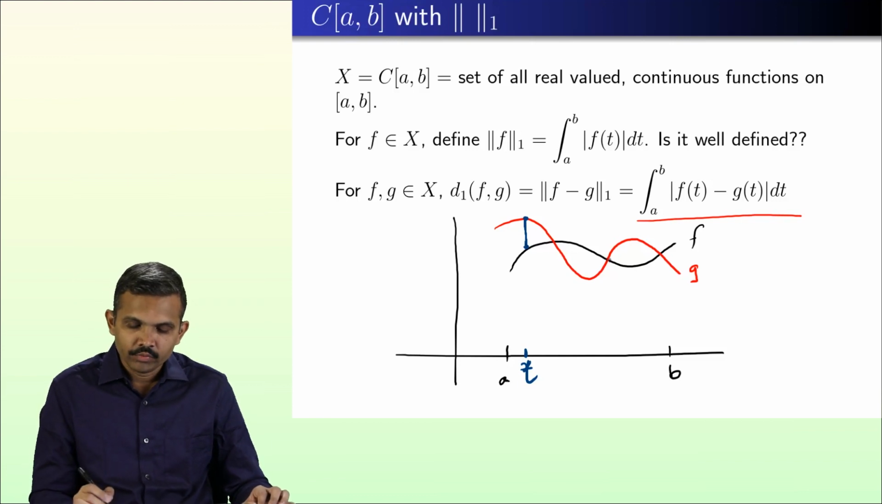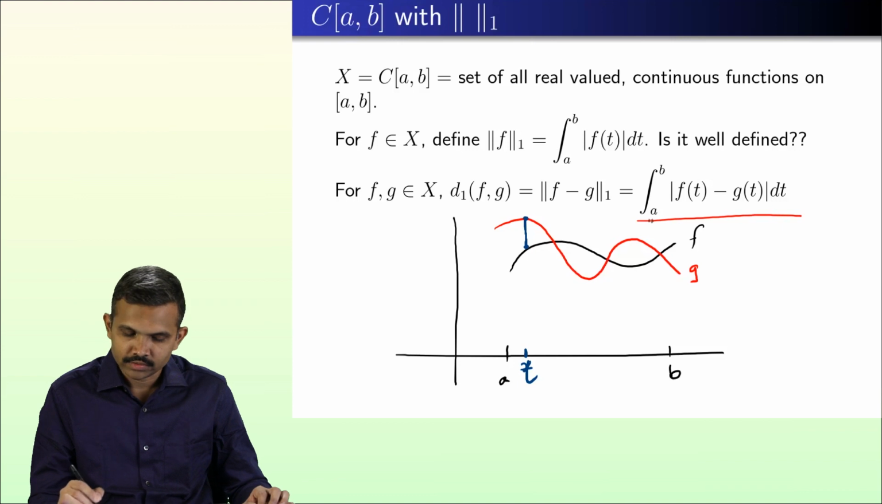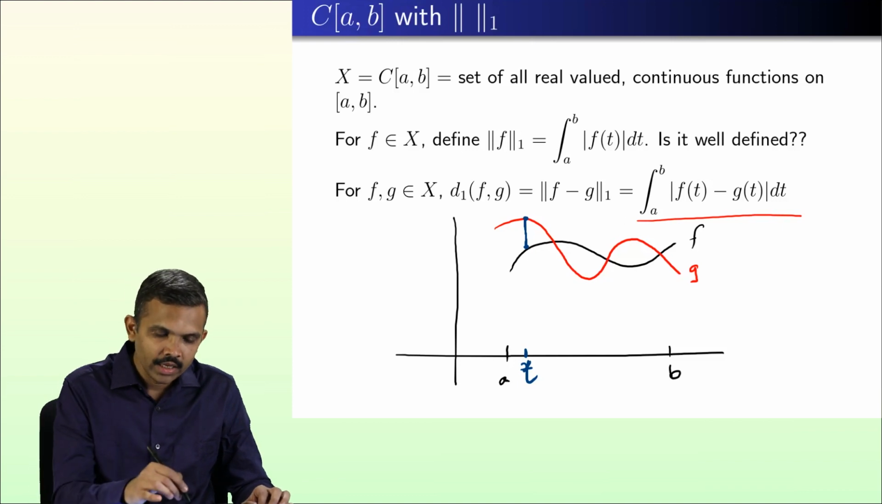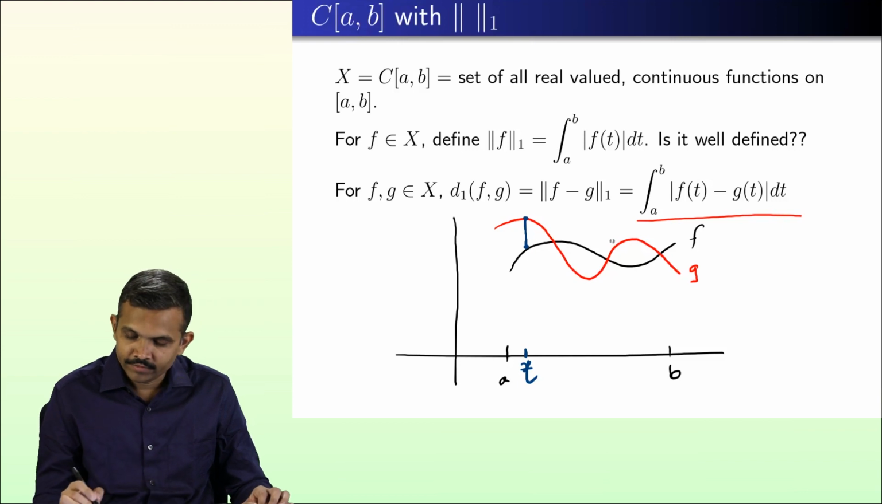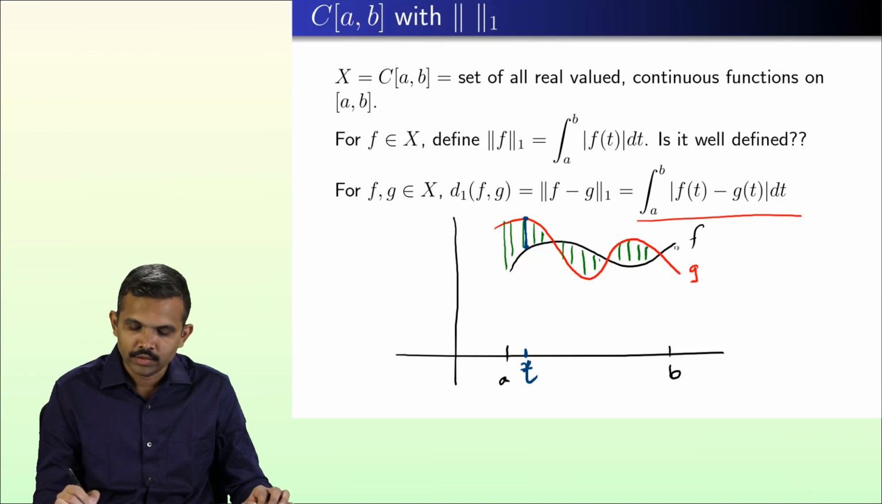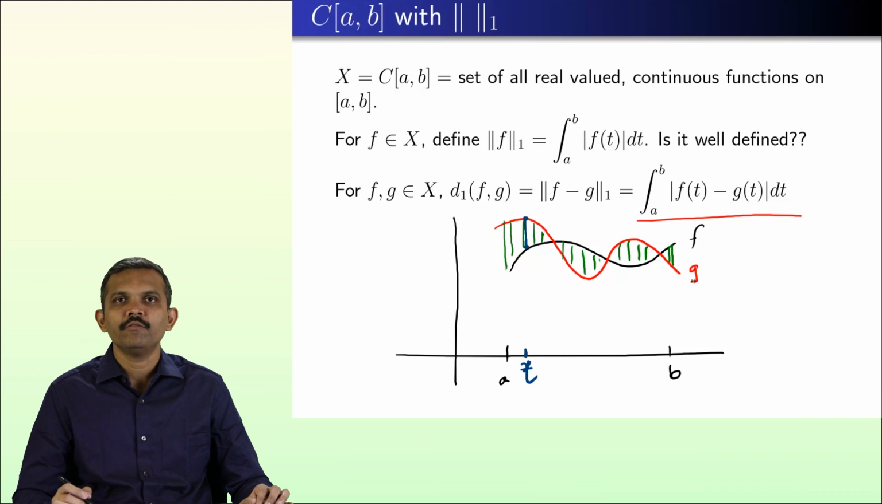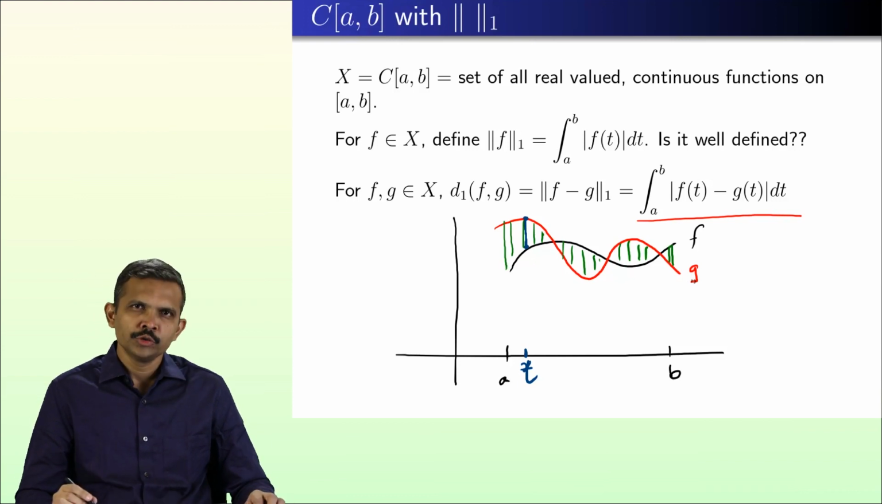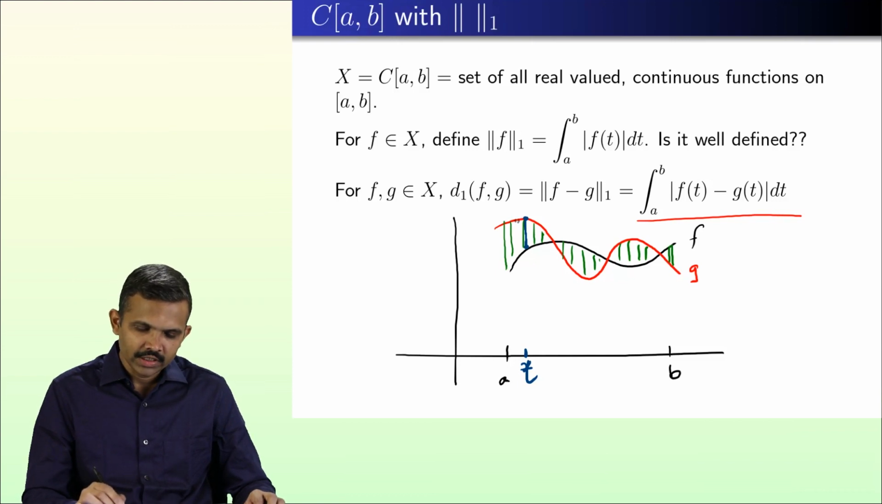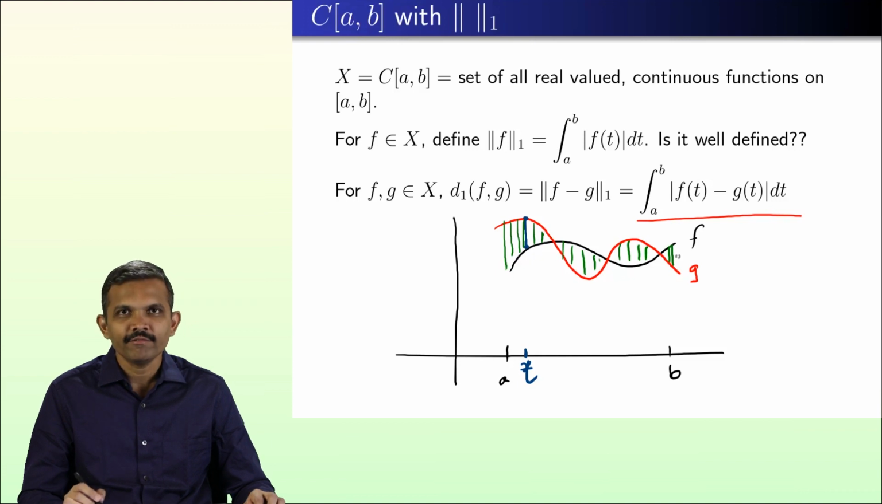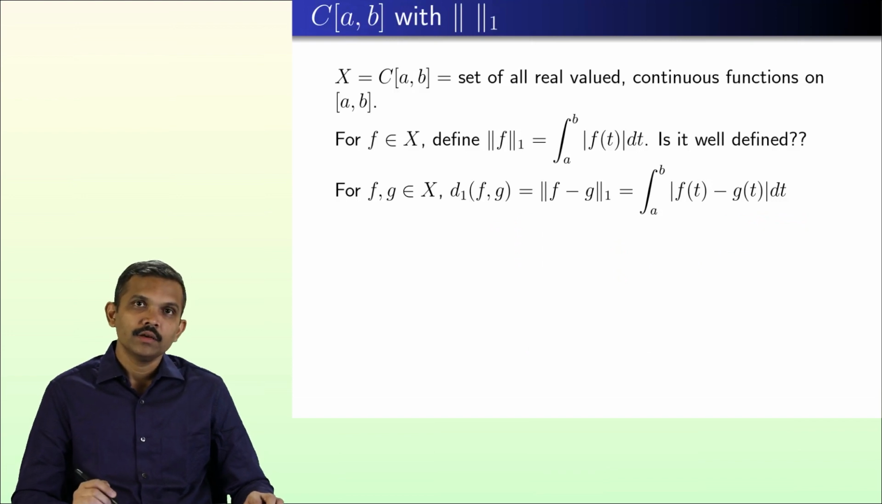So, going in this way, we can actually observe that this represents basically the area between the curve of f and the graph of g. So, this is what exactly is going to give me the d1 distance between functions f and g. So, the d1 distance between f and g is nothing but the area of the region between the curve of f and the curve of g. So, this is the idea of norm 1. Now, going ahead,